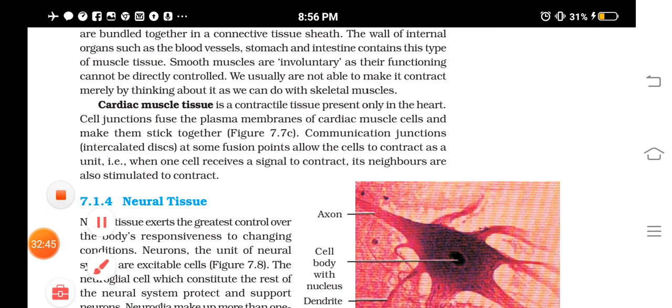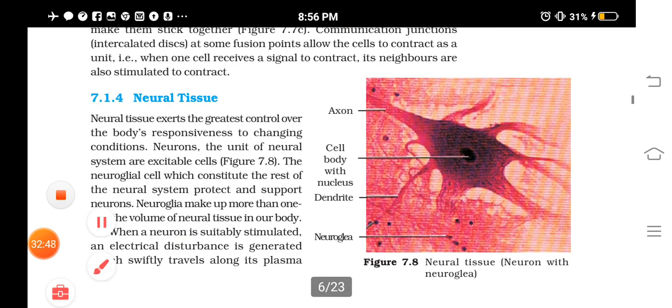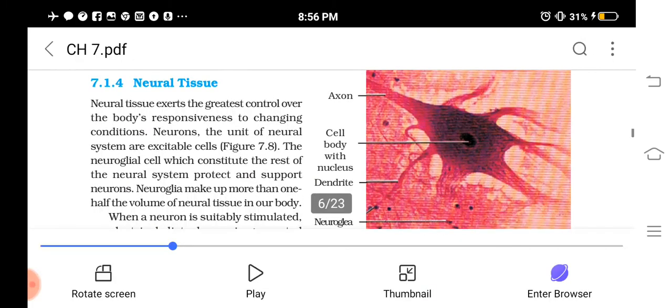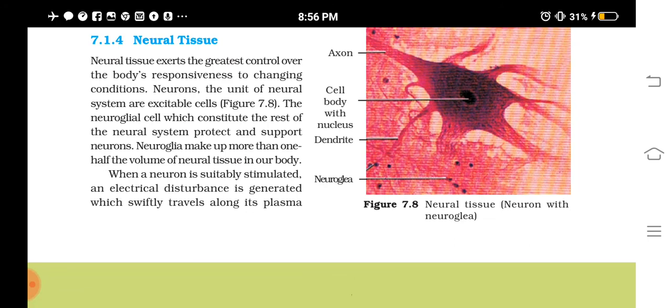Neural tissues. Okay, so neural tissues include what? The basic unit of them will be neurons. Okay, what is the speciality of neuron? Do you remember the structure of neuron? It will have an elongated part known as axon. Then they will have a cell body with the cytoplasm and nucleus, and numerous extensions from the cell body known as dendrons or dendrites. Okay, and you can see that this axon, in some of the neurons, is protected by myelin sheath. You have learned this in 9th class, isn't it?